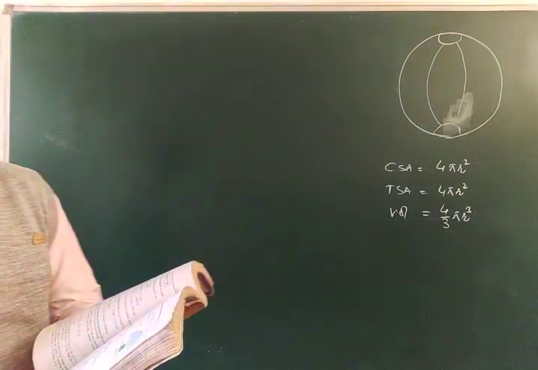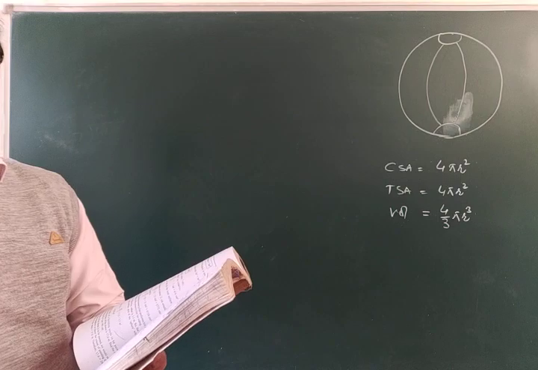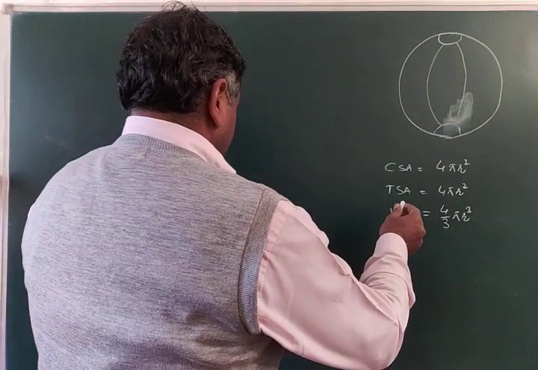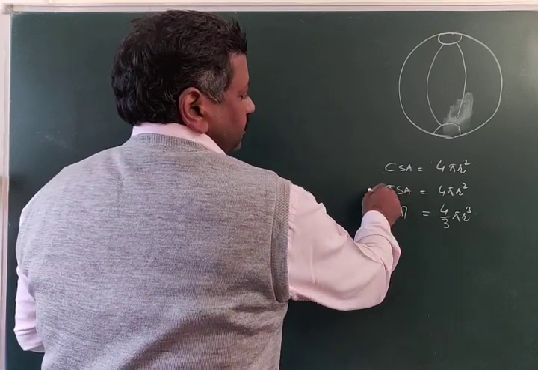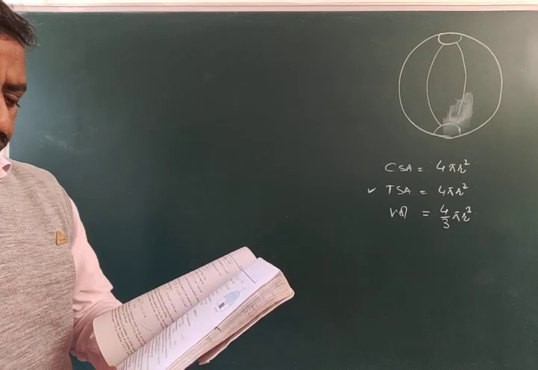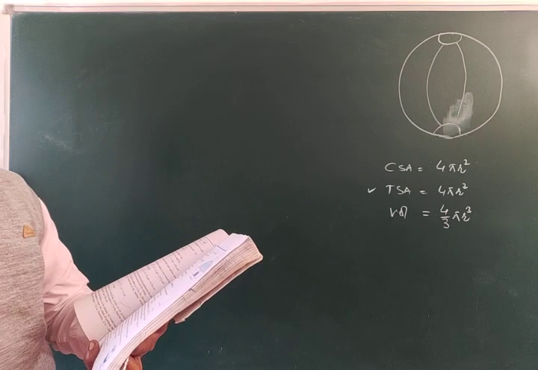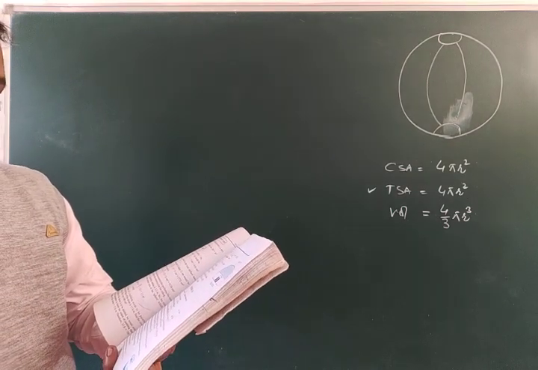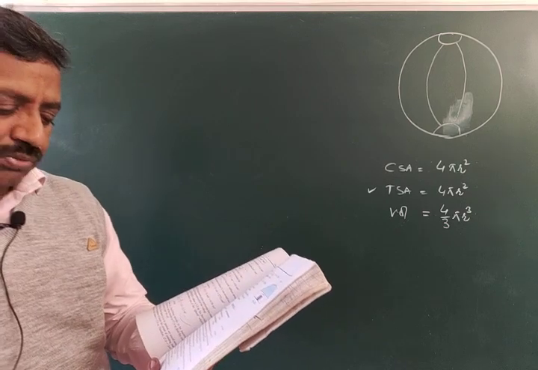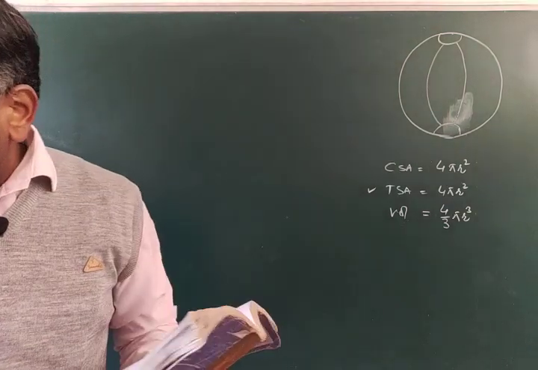And so in question number 1, find the surface area of sphere, different radii are given. So surface area, TSA 4 pi r square we will apply. So no problem at all in question number 1, 2, 3, 4, 5, 6 even. Now children get a little bit of problem in question number 7 as well as question number 9. So we will discuss question number 7 and question number 9.